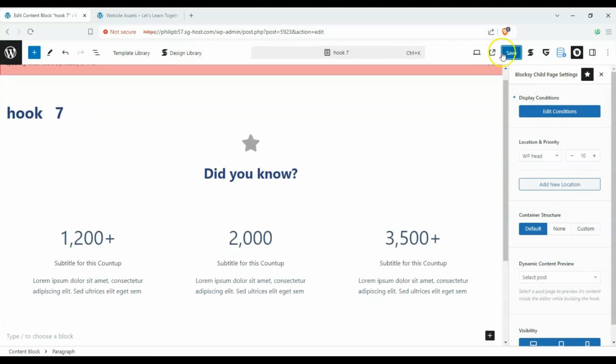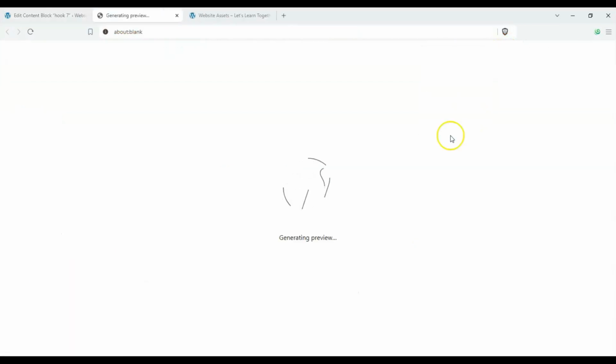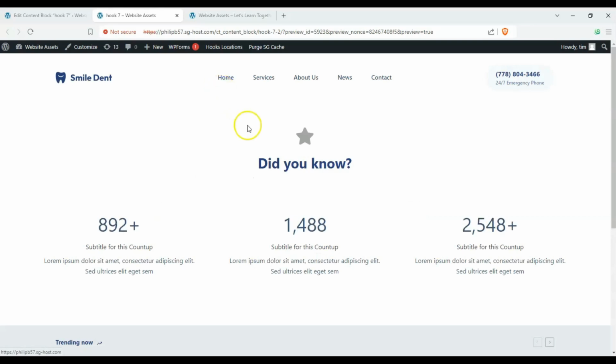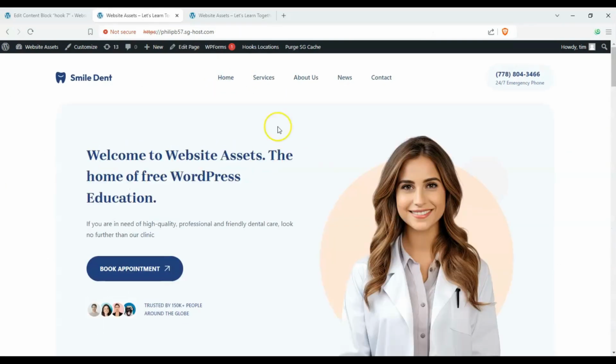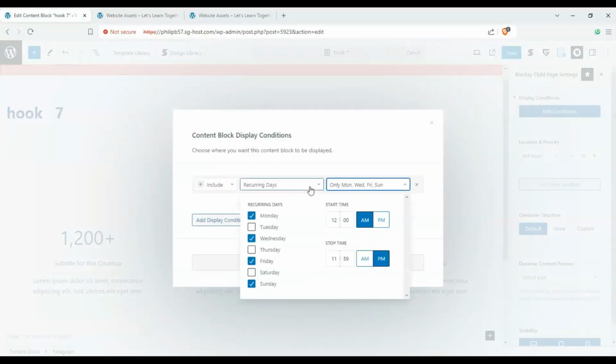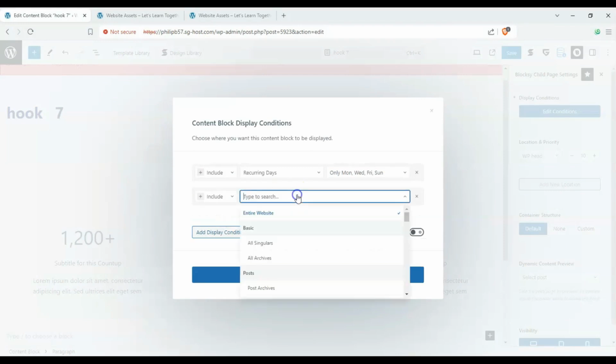and it should appear on our website, but we can just preview it real quick and see if it's saved. And there we go. It appears on top of our website. Okay, so there's how you set up conditions according to date and time on your custom layouts